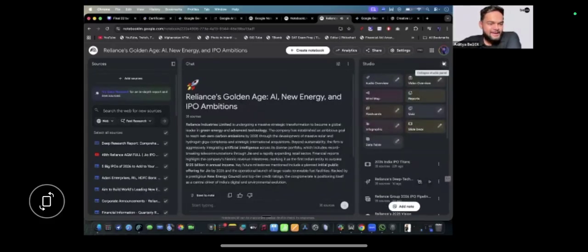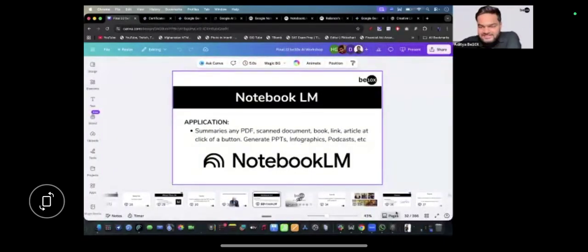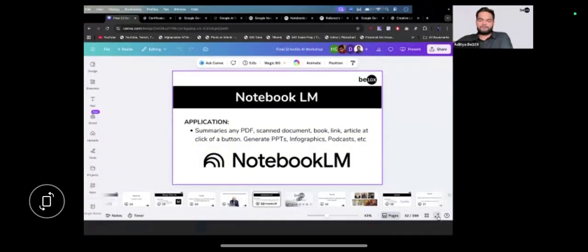Now, who is absolutely mind-blown? So this is the kind of impact you can bring in your career when you use AI. So that's just the beginning. This is my favorite tool, by the way.